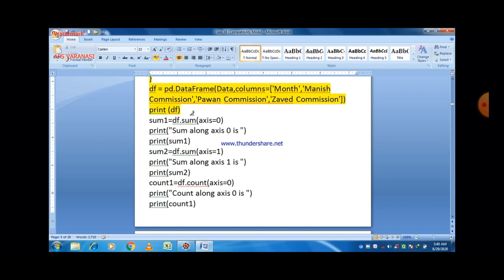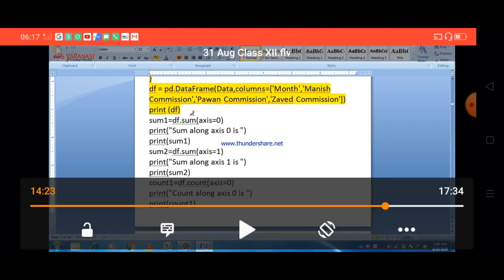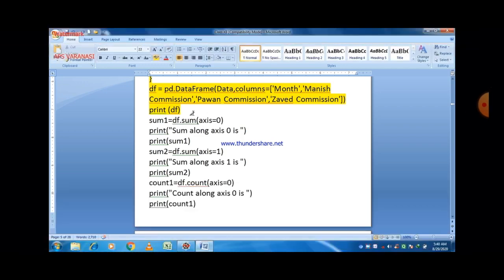So the data is here, and by default the column names are the names of the keys of the dictionary. If we don't write it inside the data frame as a parameter value, then it is also considered as the names of the columns of the data frame.